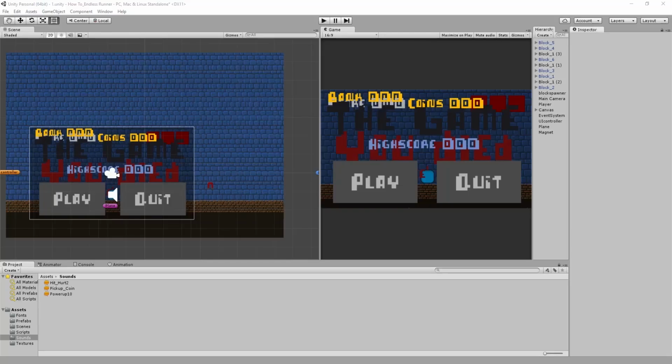Welcome back to part 15 of how to create an endless runner using Unity and C#. Today we're going to be going over the power-ups a little bit more and improving them. But before we do that, also adding another one. But before we do that, there's one little change I made since the last time, which is I just chucked